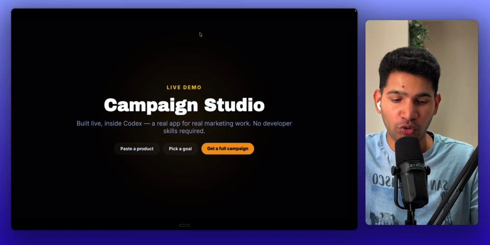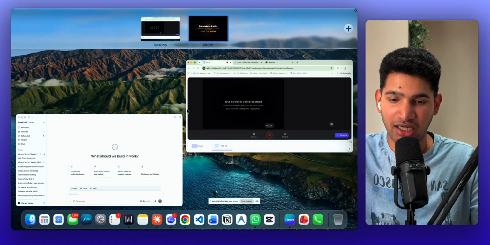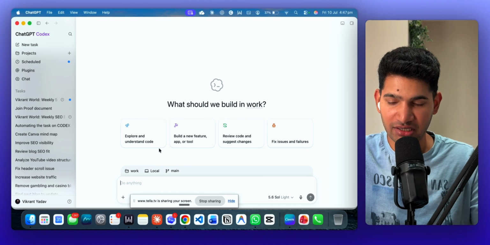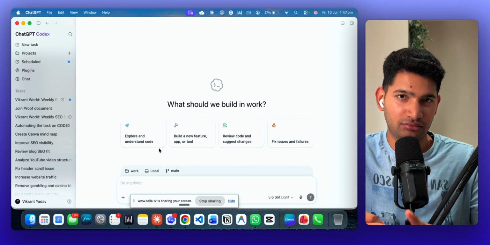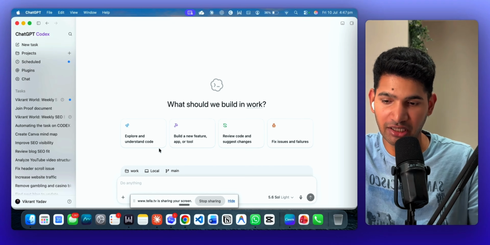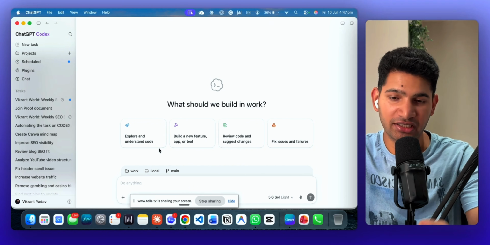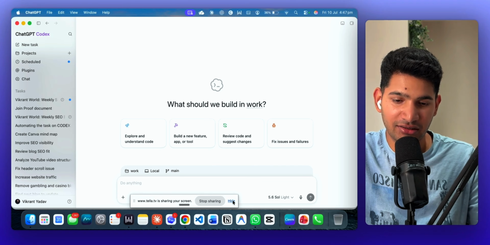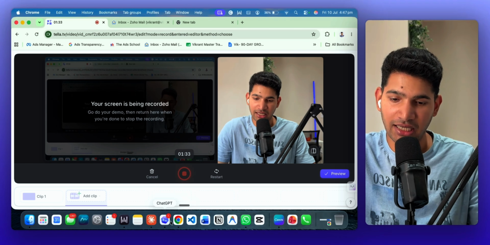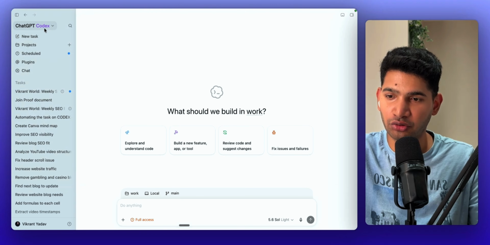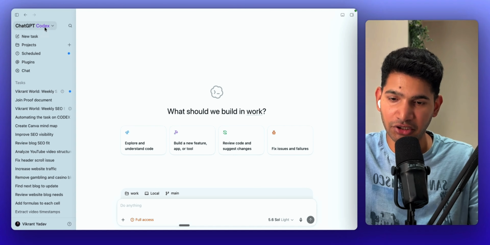Okay, to understand Codex, I'm going to share the screen and we'll understand how you will be able to install it. Now, first thing you need to understand is to use ChatGPT 5.6 and Codex, you of course need a Plus subscription. Without that, you're not able to use all the features of Codex. So when I start the Codex app, which earlier used to be known as Codex only, but now it is ChatGPT Codex.